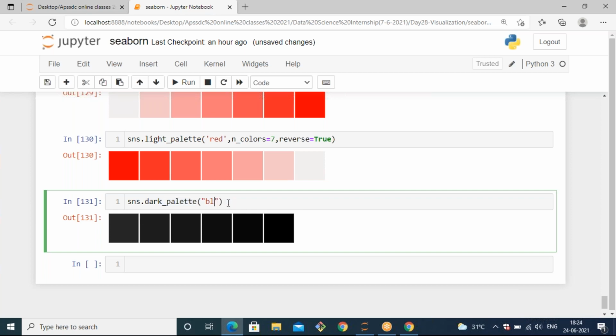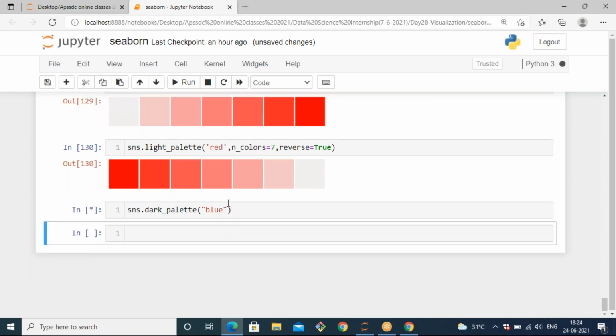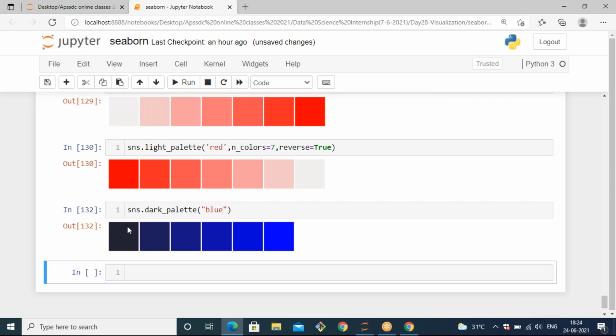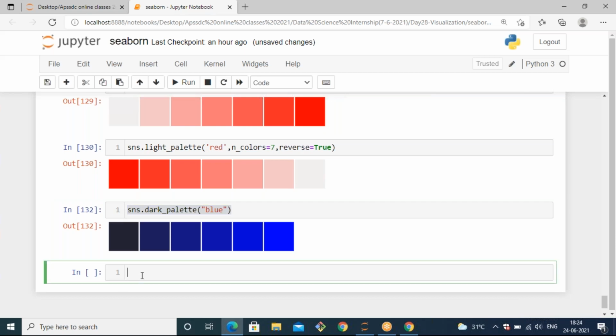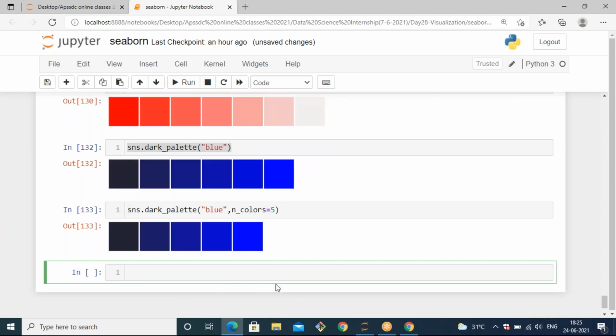If I mention some other color like blue, it will generate a color combination from dark to light, like this. Okay, and if you want to get a number of colors, you can pass n_colors. If I want to generate only 5, you can mention that. Okay, so like this you can create your own custom color palettes.